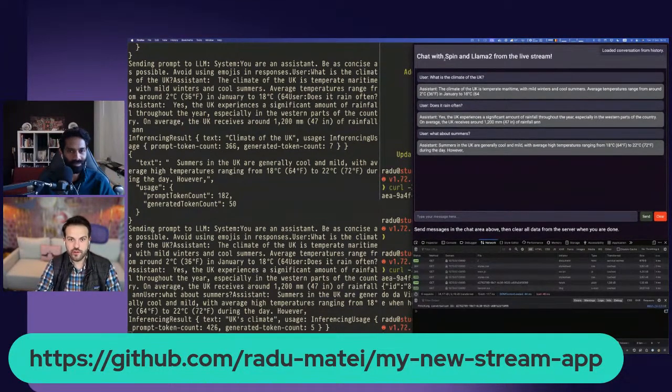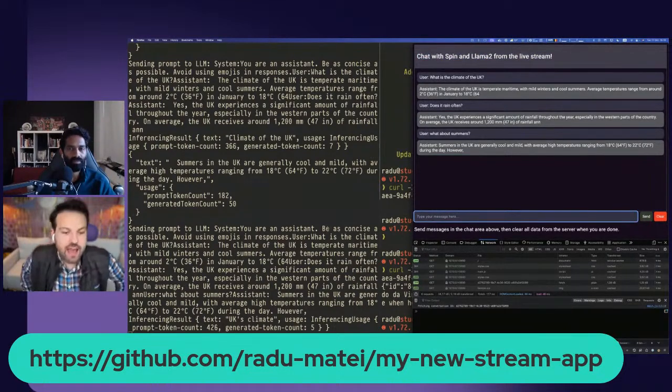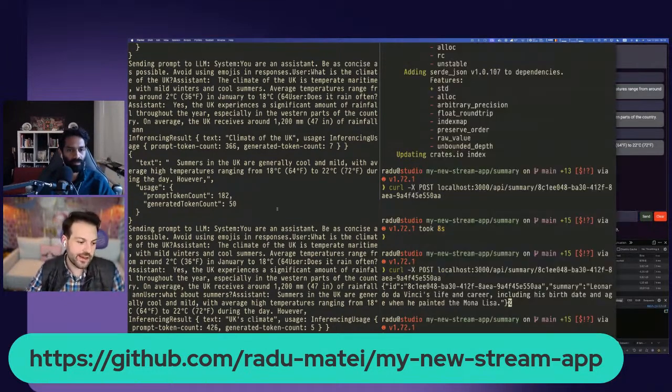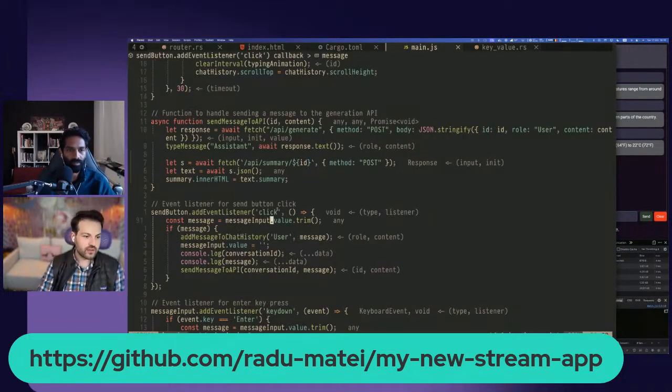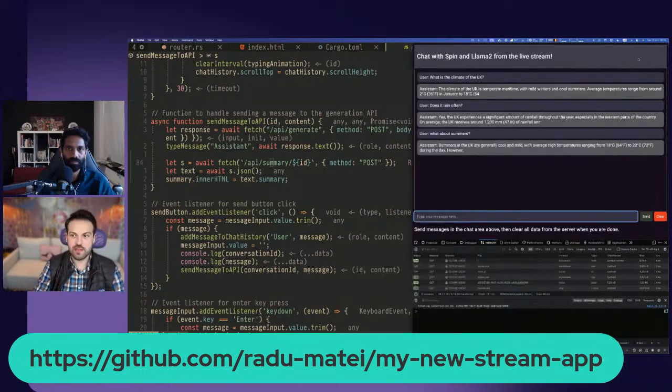There are a bunch of other things that would be nice to do, like store the summary in the key value storage, because the first time you get to a page, you don't have it, and so it's only generated after you send the message. So we could do something like generate the summary the first time we get to the page,